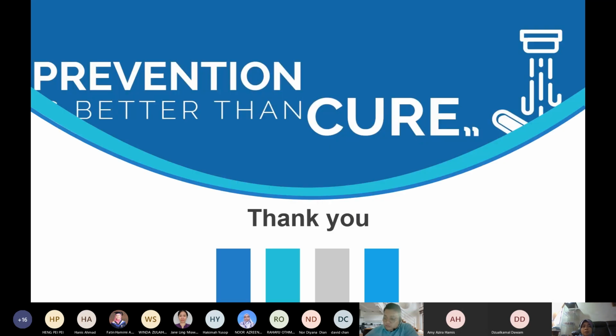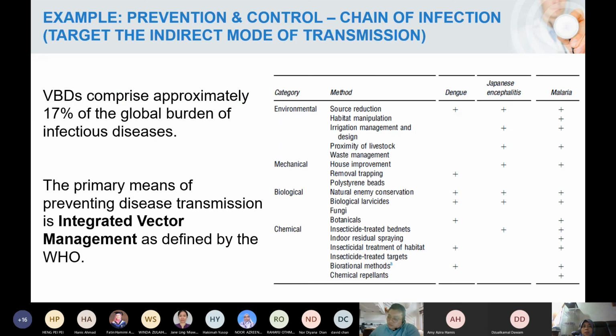Okay, habis 50 slides. So dekat paper yang I bagi tu, they give example of how to target. So baca kat situ, make notes and so on, and add on with other materials, but basically go through by the chain.